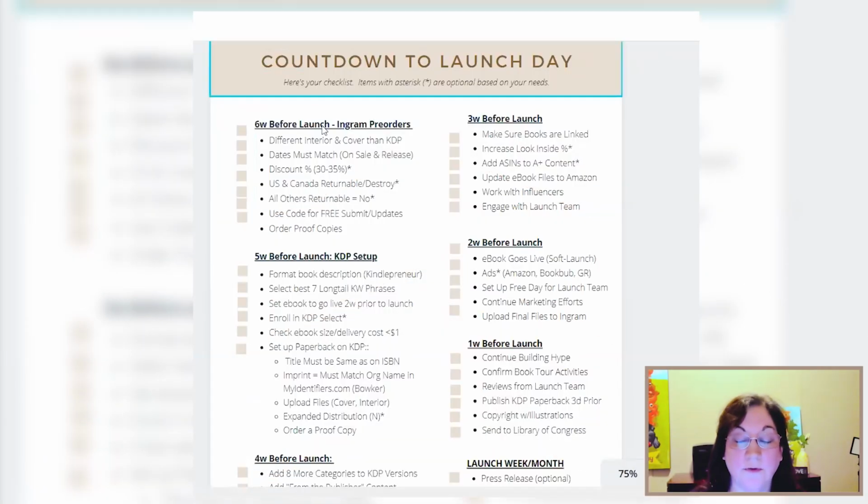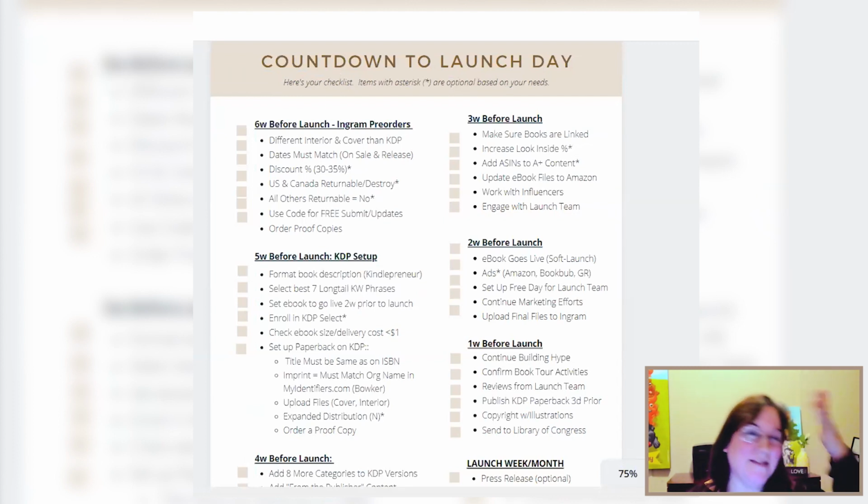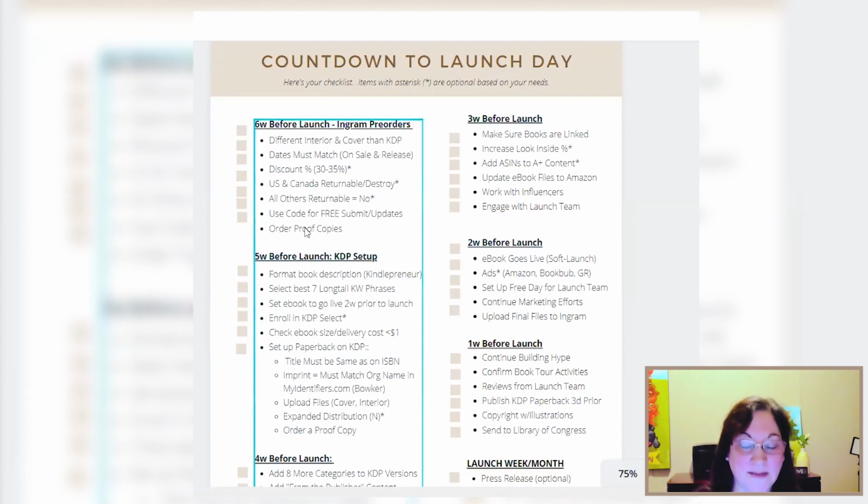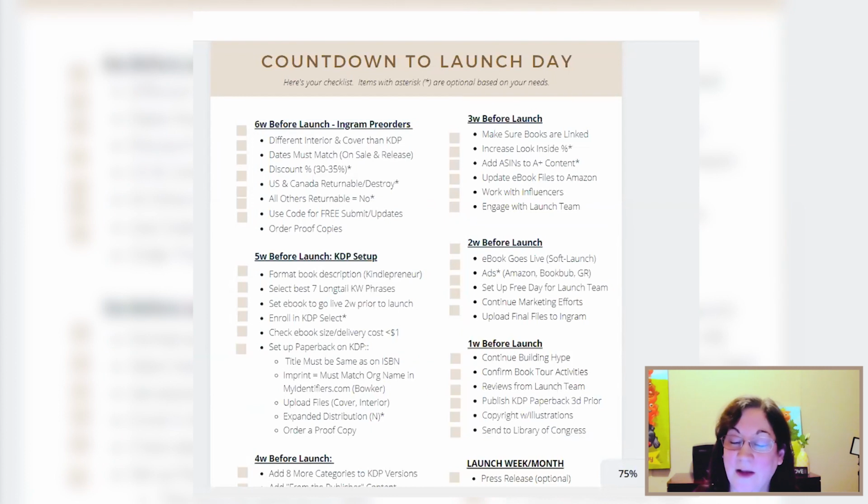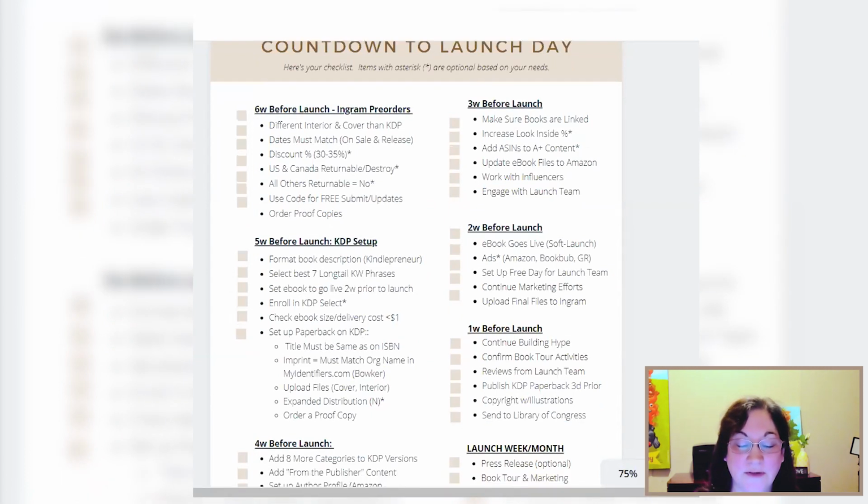Now we're here to the launch day. And I think you and others have been all saying, okay, well, how do you time all this and what goes first and what goes next? So I finally put all of this into kind of a time-phased 6 weeks. 5 weeks before, 4 weeks before, 3 weeks before, like what kinds of things should you be doing?